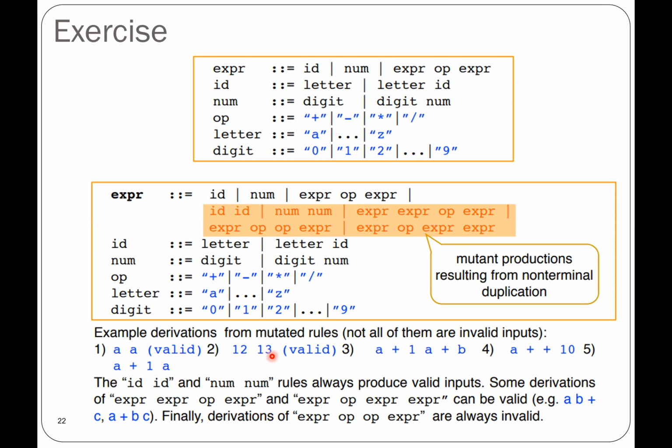Okay, but I might end up messing up the grammar and result with something like A plus 1A plus B. That's an invalid string. And again, A plus plus 10, that's for this one over here. That's invalid as well. And for this one, A plus 1A, that will be invalid as well. So those numbers 3, 4, and 5